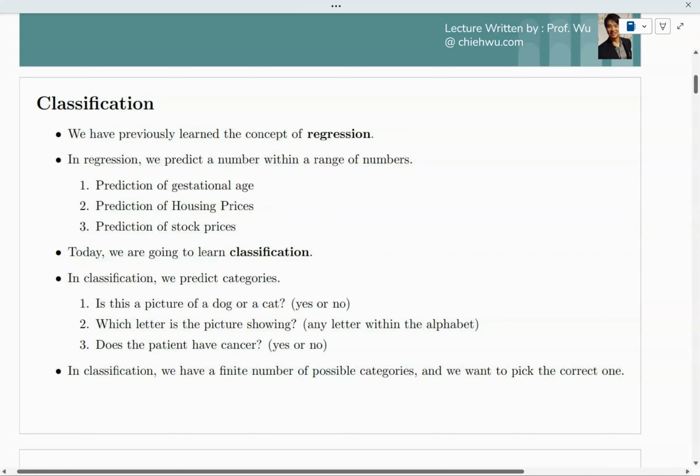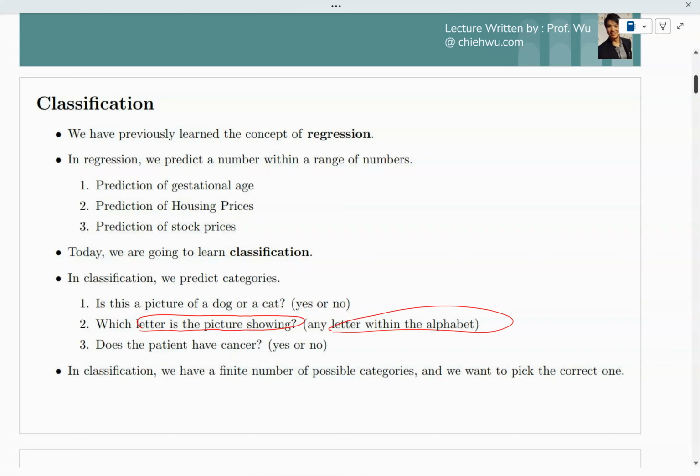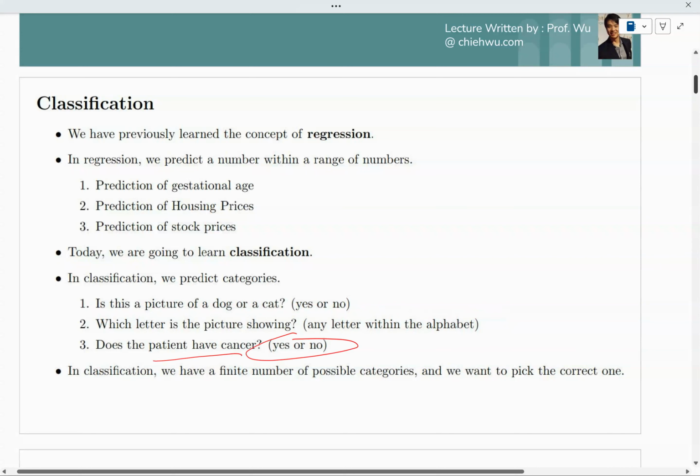However, today we're going to move on and learn this thing called classification. In classification, instead of predicting a number, we're predicting categories. So is this a dog or a cat, like a yes or no problem, right? Which letter are you showing? Like character recognition when you're looking at handwriting as a picture and you recognize the handwriting. Or does the patient have cancer? Yes or no? In classification, we have a finite number of possible categories, and we want to pick essentially the correct